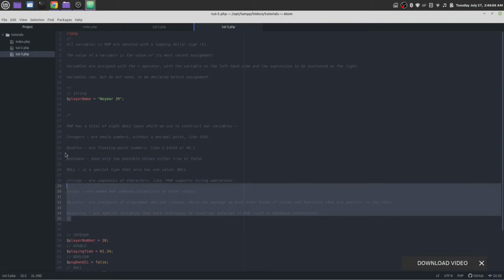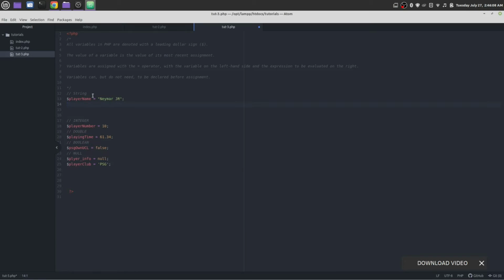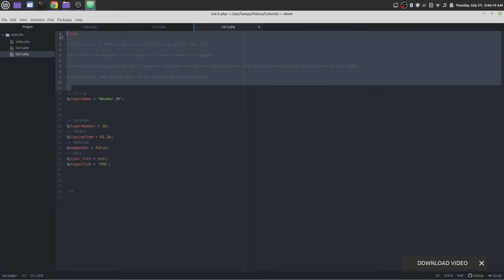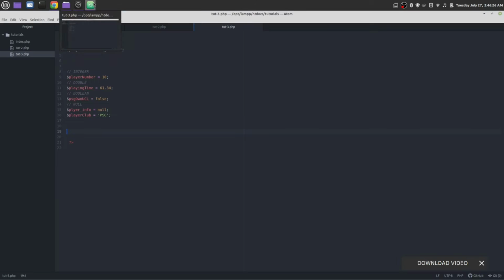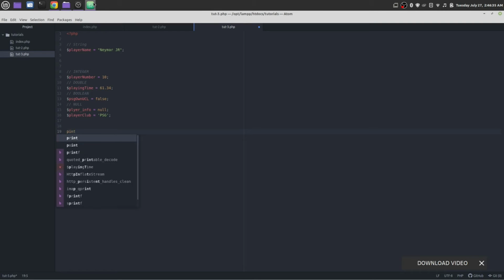Let's get rid of all of this about variable. Okay, now save it and reload the page. You can see nothing is showing. You need to go to tutorial3.php. Nothing is showing. To display anything or any text in PHP, either you need to use print